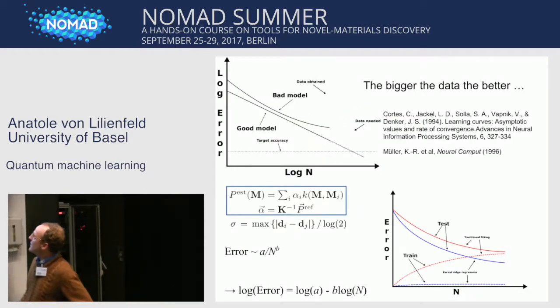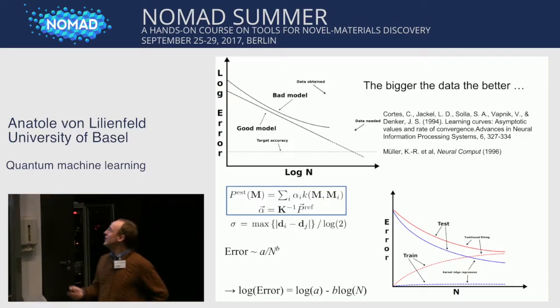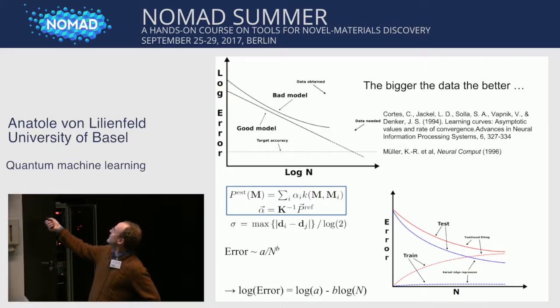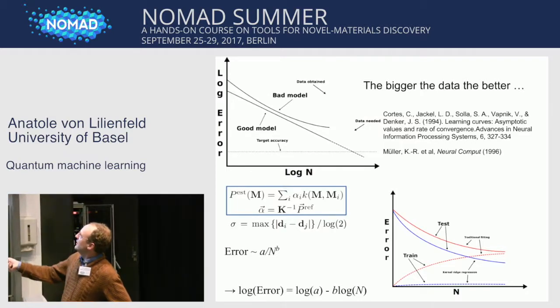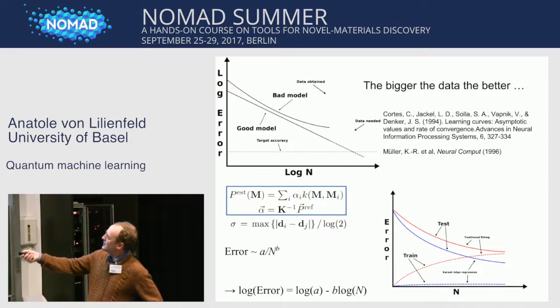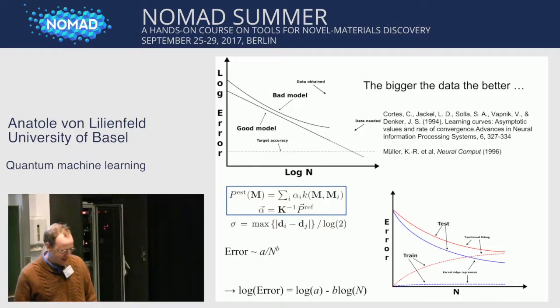And this is something which is actually well known in statistical learning theory. So you can look in these papers from '94 on the Vapnik book. This is by Vapnik and co-workers, and in his book in 1995, or Klaus Müller also pointed this out in '96, that really you have a prediction error which should decay inversely with polynomial with training set size.